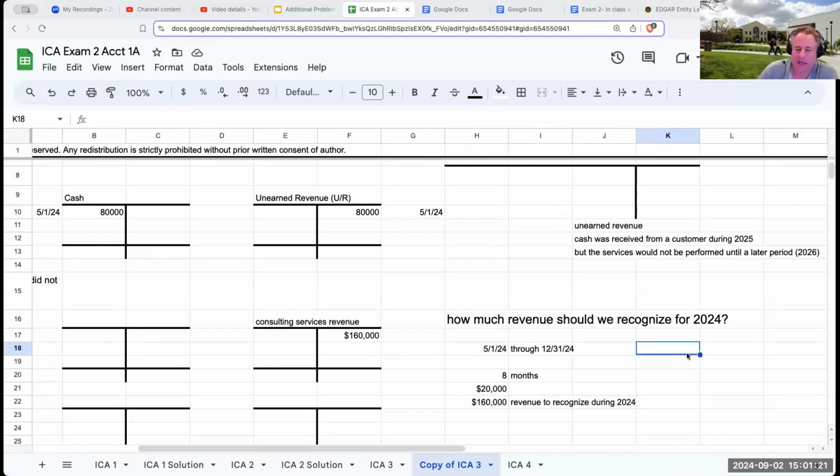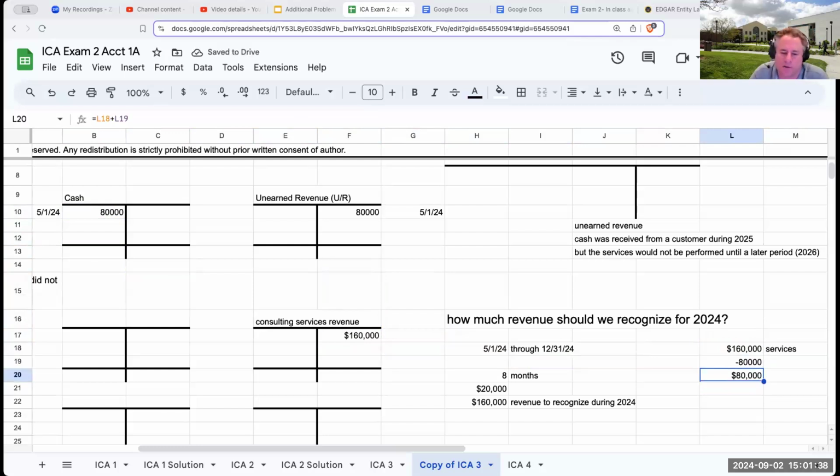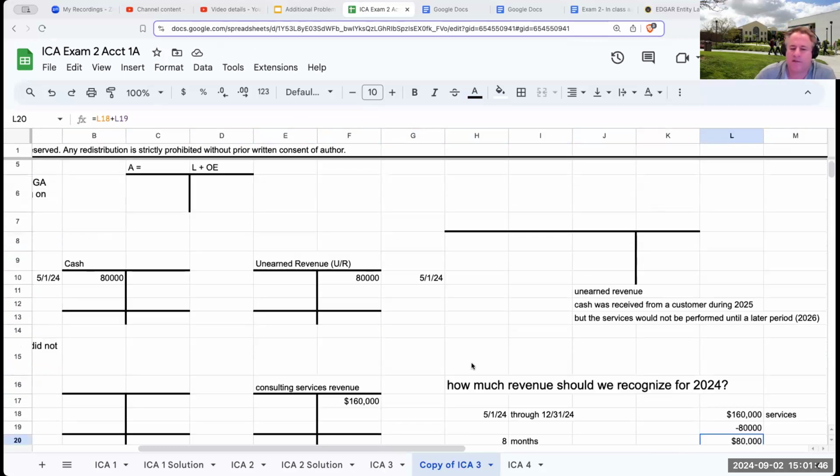Well, if I did 160,000 of services and the client paid me 80 grand, then that client really owes me another $80,000. So how do I go about kind of figuring this out? Well, when I look at this account,